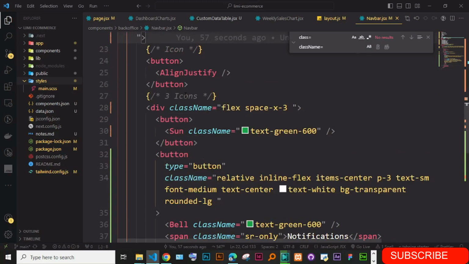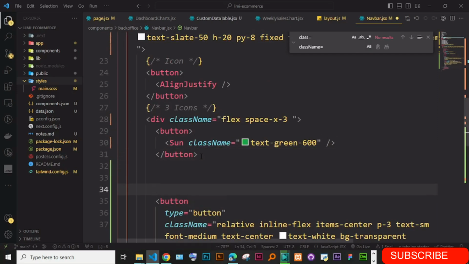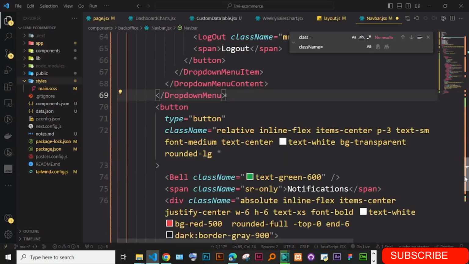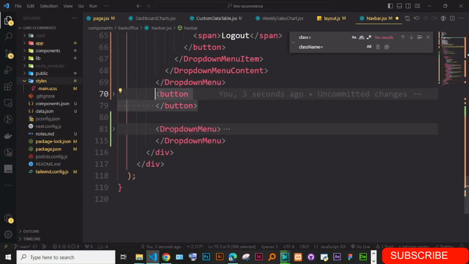This one is big, so I'm just going to, we have this sun icon, then after that is where we have the bell icon. So I'm also going to drop all this here, then go to this bell icon,